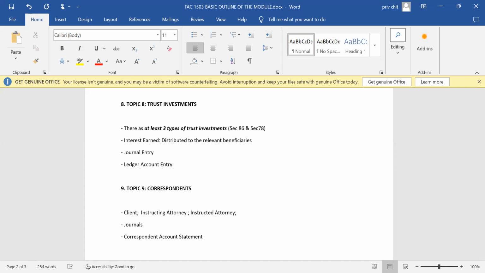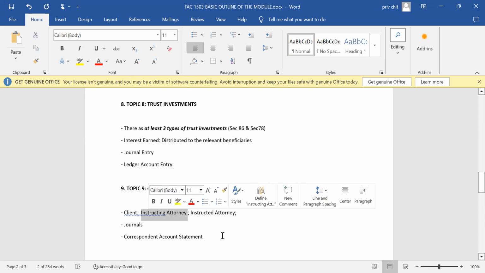So maybe the case that they want addressed is supposed to be addressed in Durban. You as an attorney practice in Pretoria don't have offices in Durban, but your offices are established in Pretoria. What do you do when you get such a scenario, and the service has to be done? You're the one that has been approached by the client, so that particular attorney is regarded as an instructing attorney.